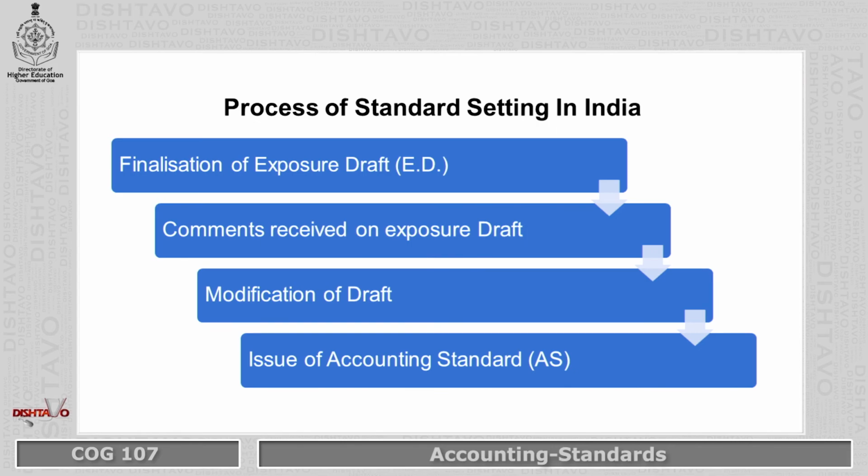Finalization of exposure draft. The draft which is then finalized is circulated among the public to get reviews. The comments received on the exposure draft are considered, and if any modifications are required, they are done. The final draft is then submitted to ICAI for final issue. ICAI then issues the accounting